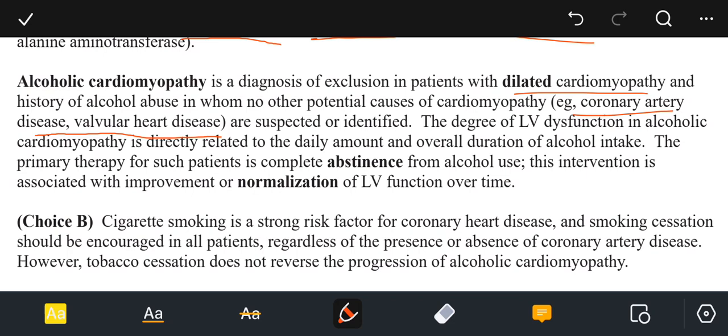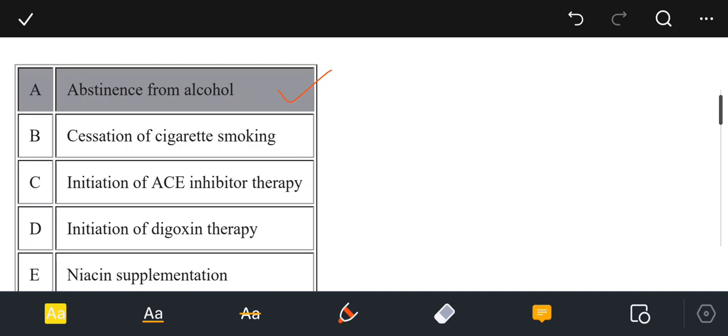The primary therapy of such patients is complete abstinence from alcohol use. The intervention is associated with improvement or normalization of the left ventricular function over time. Choice B, that is cessation of cigarette smoking. This was not the option of choice because